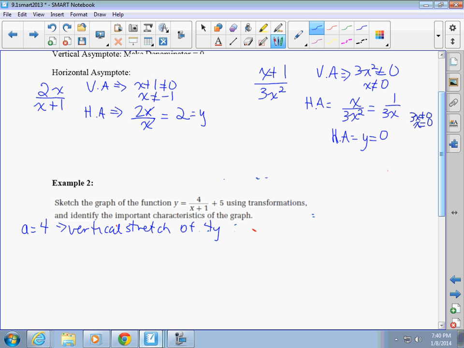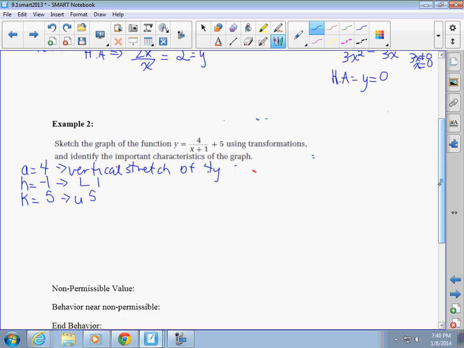My h is equal to, it's a plus 1 there, so it would be a minus 1. So that means I'm going to go left 1. My k is equal to 5. So that means that I'm going to go up 5 units. Okay, and I could do a table of values to find some values, but I'm just looking for a sketch